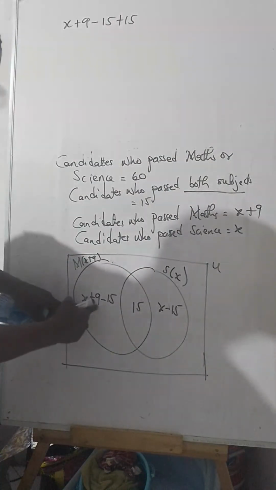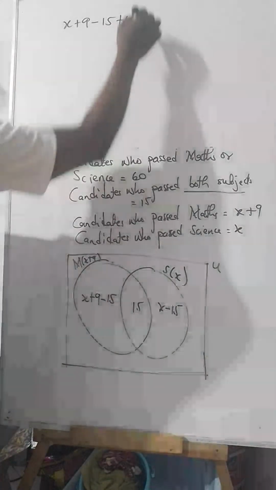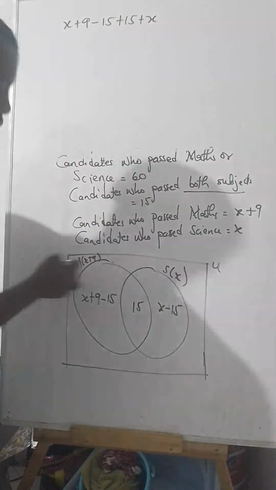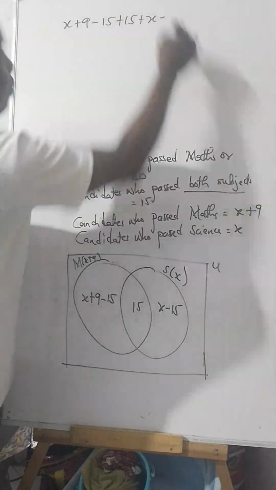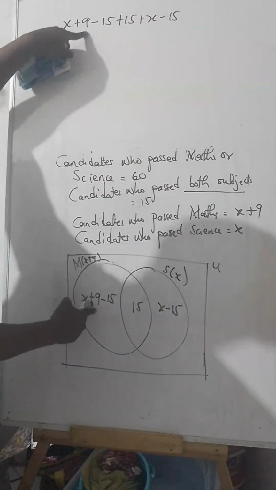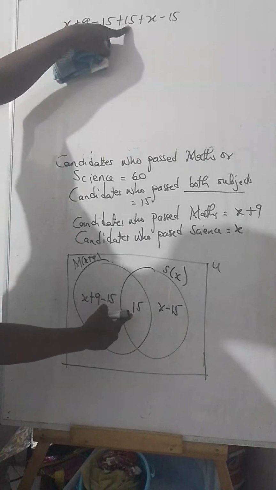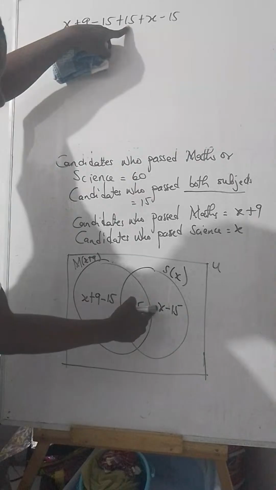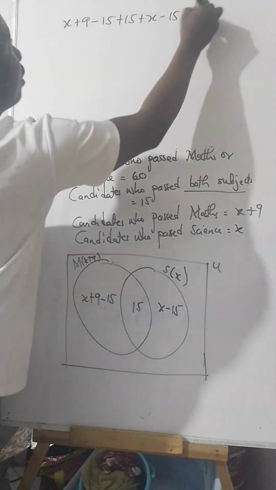So x plus 9 minus 15 plus 15 plus x minus 15, and that will give you the total,